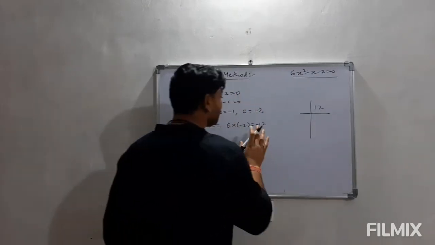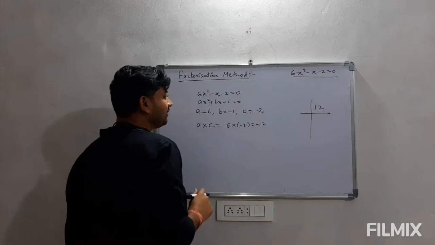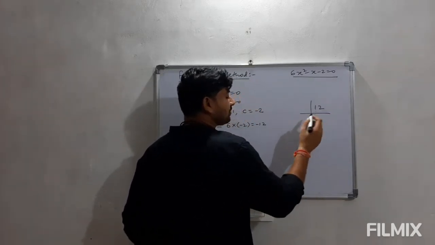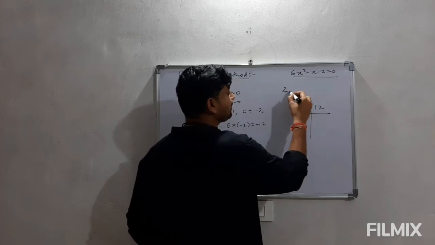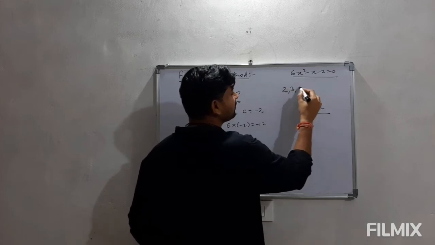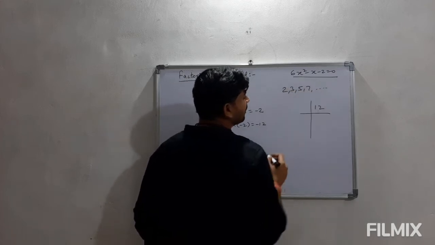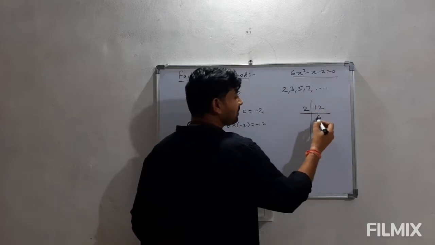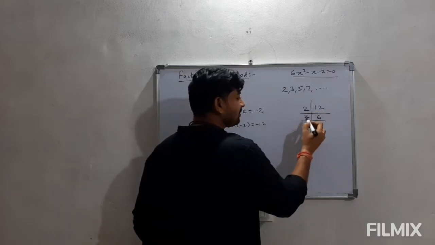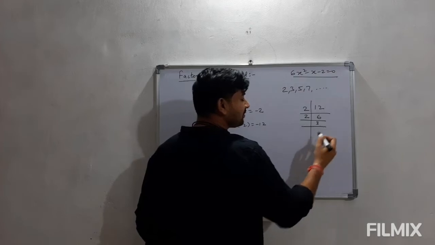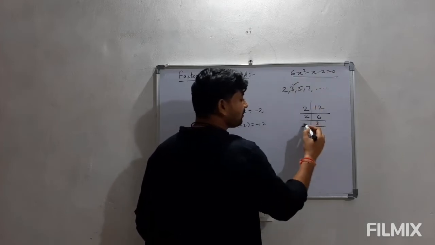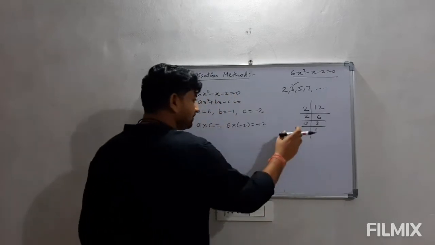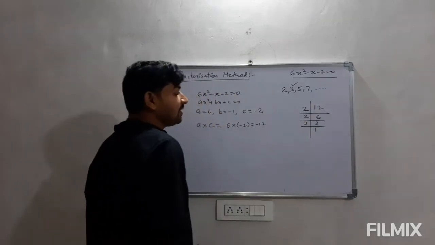हम इसको सिर्फ पॉजिटिव लेके फैक्टराइज करेंगे। इसके फैक्टर्स हम जब लिखते हैं तो प्राइम फैक्टराइजेशन में सबसे पहले हम इसी सीक्वेंस में चलते हैं, जैसे विल स्टार्ट विद 2, 3, 5, 7 एंड सो ऑन। So clearly this is an even number, so this is divisible by 2, we get 6. Again this is even, so we can divide it by 2. This is 3, and 3 is a prime number, so it will be divided by itself, it is 3. Now we are getting 3 factors.